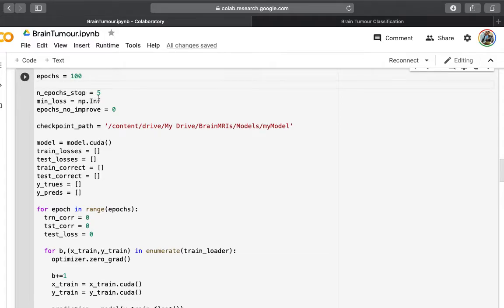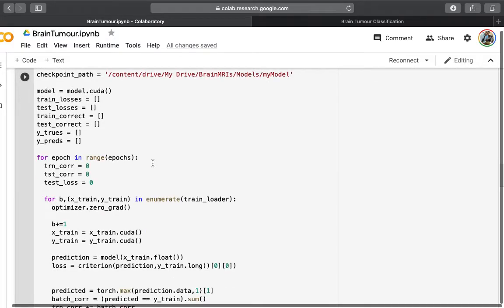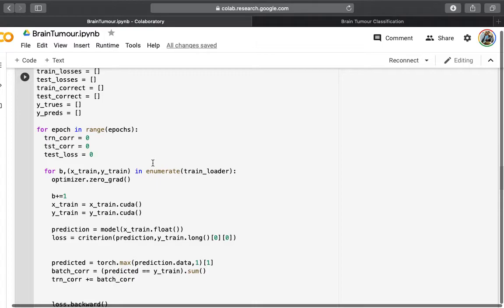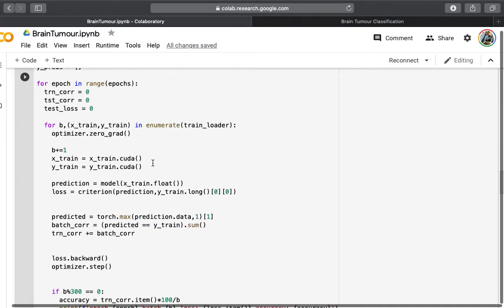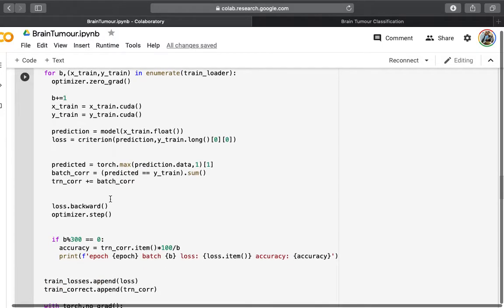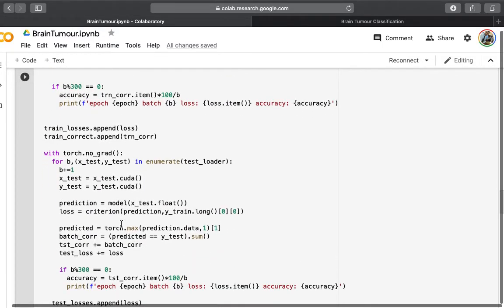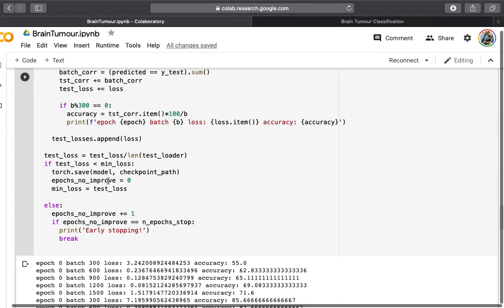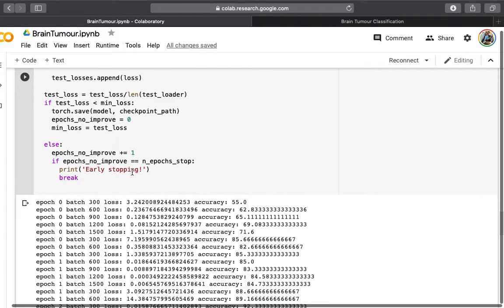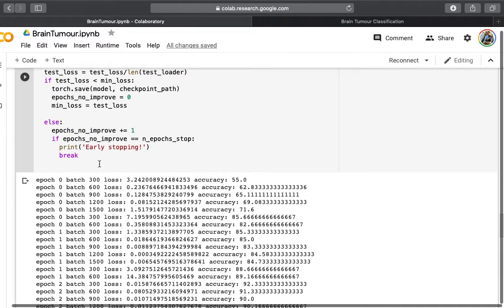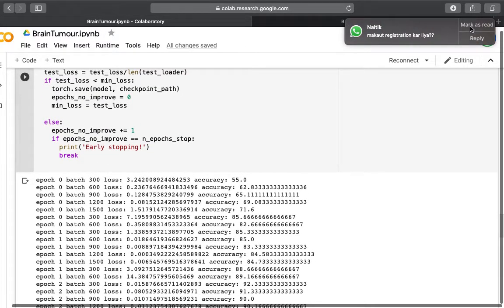We have used epoch stops, which means that if your loss keeps getting worse for a greater period of time, you are just making the model less accurate and more overfit. That's why we use early stopping. We have used it, and this is the code for that. Whenever the loss stops improving for the number of epoch stops that we have set, which is 5 epochs here,